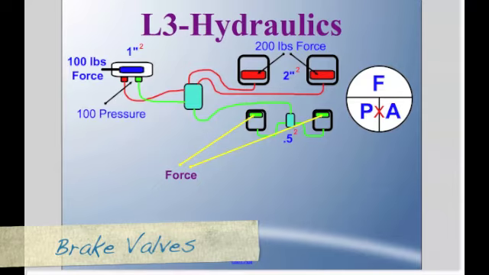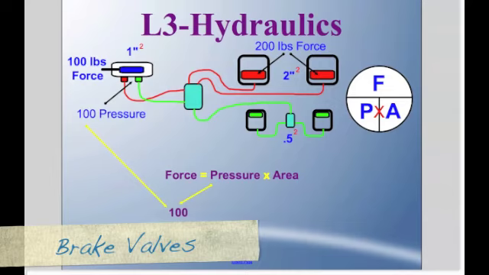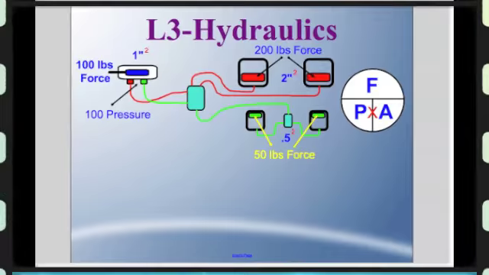So we're looking at our Pascal's law pie chart again. We know that force is equal to pressure multiplied by area. That's our formula. Okay? We determined earlier 100 pounds of pressure multiplied by the surface area of our output piston, which is 0.5 squared. Okay? We're just following our formula. And that's going to give us 50 pounds of force. So we know that our